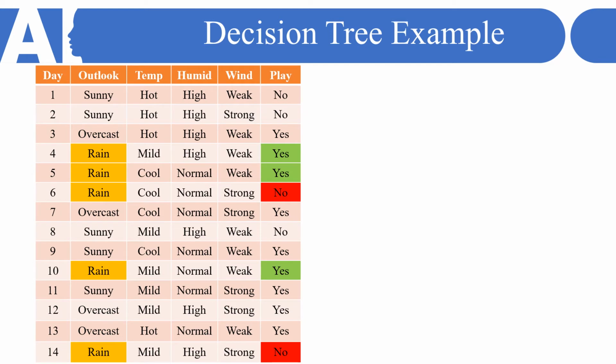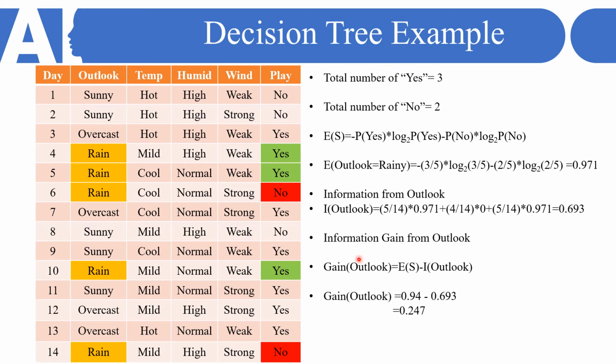Then if we see for the rain, the third condition. If it is rainy, then we are having again 5 options. So these 5 highlighted cells you can see here. Out of those 5, 3 are yes and 2 are no. So number of yes are 3, and total number of no are 2. Then if we find out the entropy for this, minus 3 by 5 into log to the base 2 of 3 by 5 minus 2 by 5 into log to the base 2 of 2 by 5. So again if you calculate this, that will be 0.971. So this is the entropy. So we have calculated entropy for all the 3.